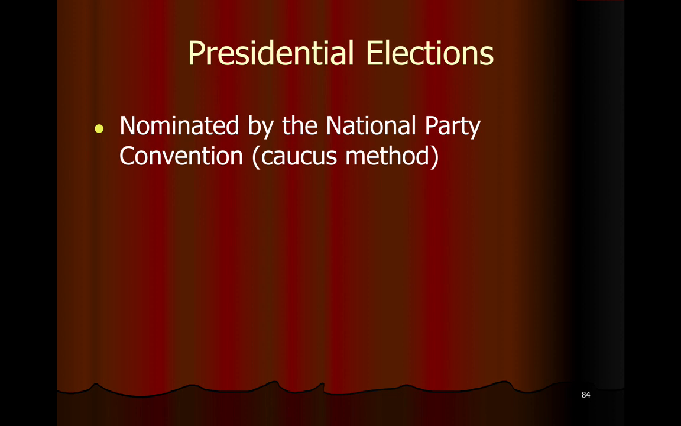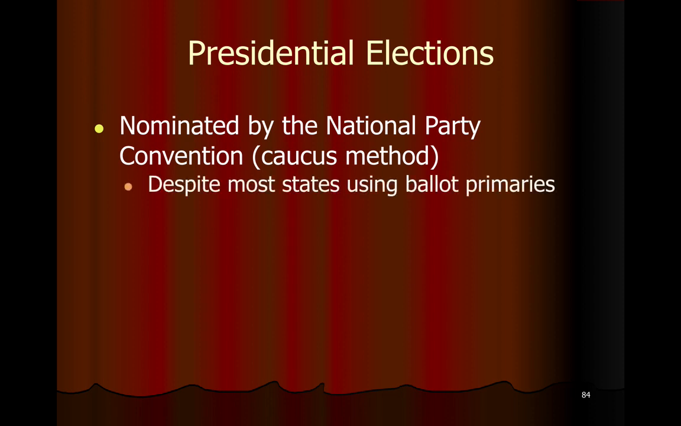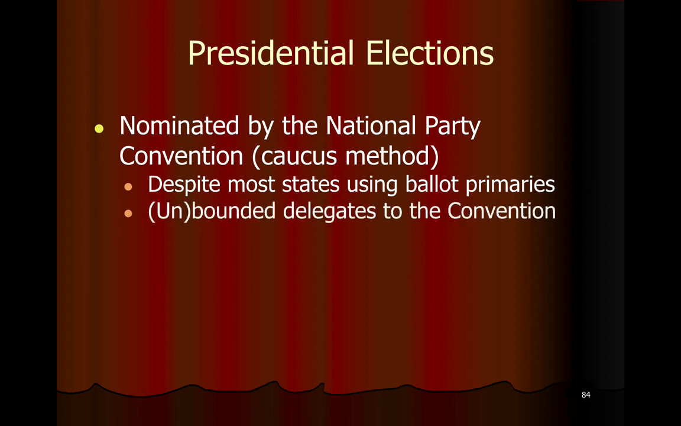But because most states don't use the caucus system, most states use a ballot primary, we often know who this candidate is going to be months and months prior to when the National Party Convention happens. Despite the fact that most states use these ballots to determine who wins the presidential primaries for each party, the political party can choose somebody different than what the voters chose on ballots. And to go even further,